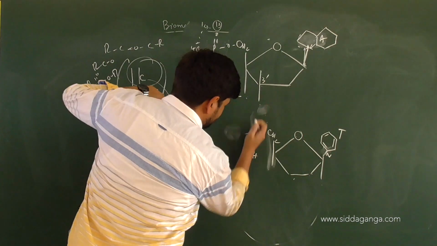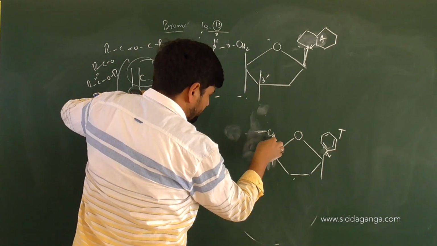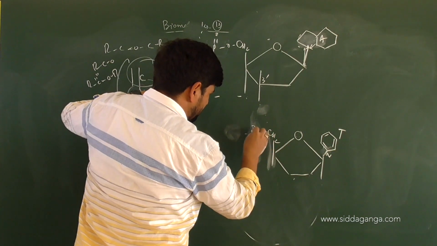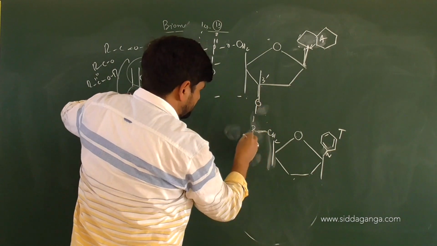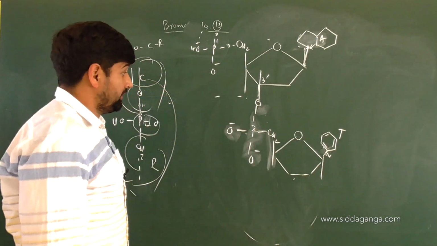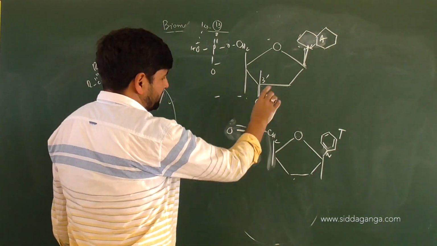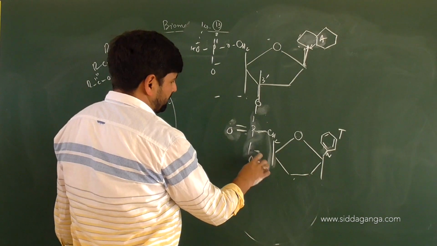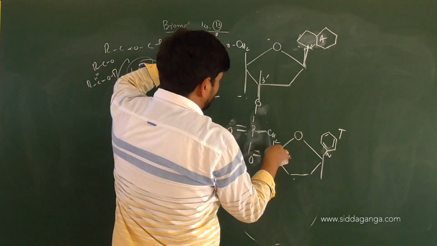So how will this structure look like? It will be CH2OH, CH2 attached to P, O attached to P, then you got O minus, then you got O minus. Sorry, so you got C double bond O, then O, this OH has undergone bonding, it will be in the form of OH, we can put a negative charge on this. So what has happened here is, a dinucleotide has been made.